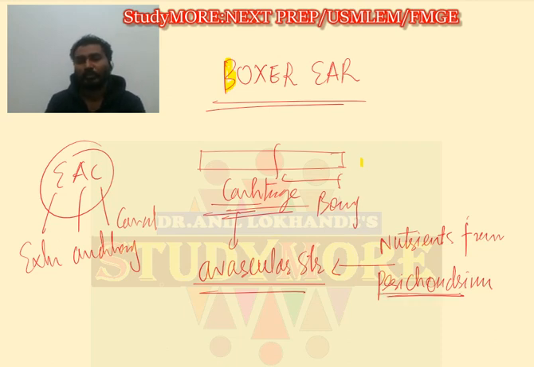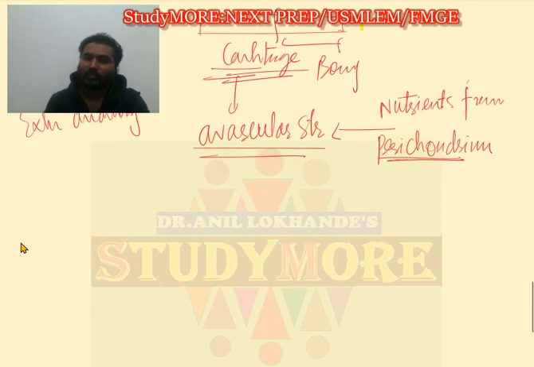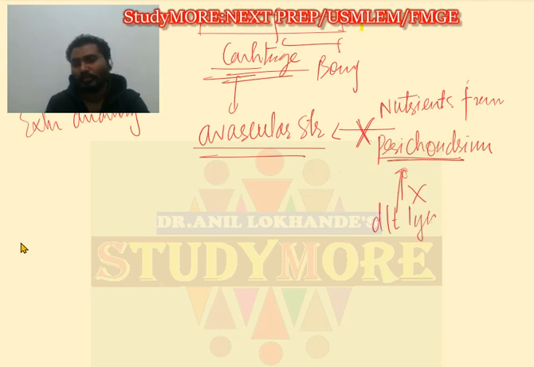So if this perichondrium is blocked due to injury, and you know that in boxing, injury can easily occur on the right or left ear, right? So that's why